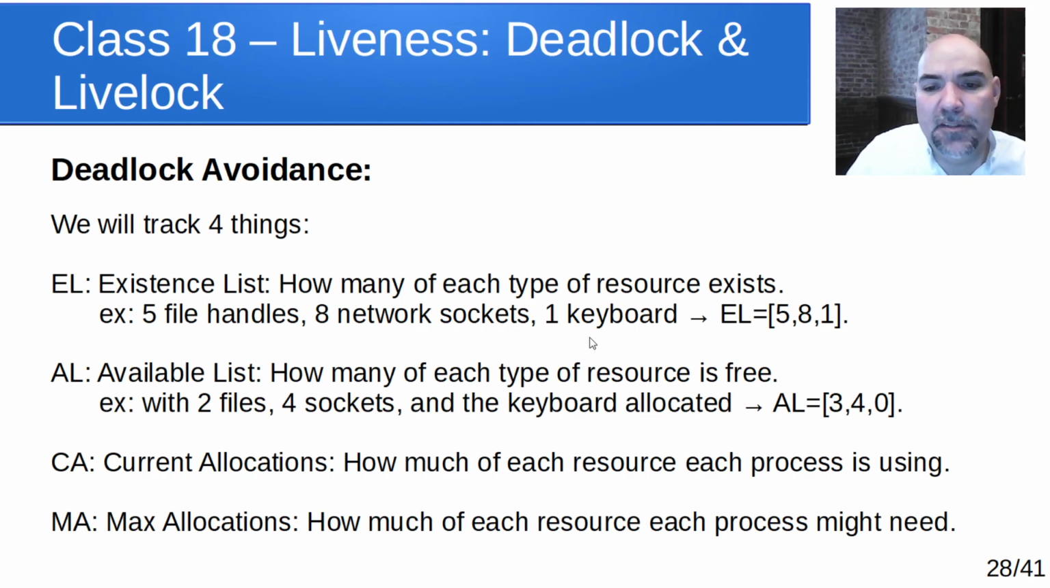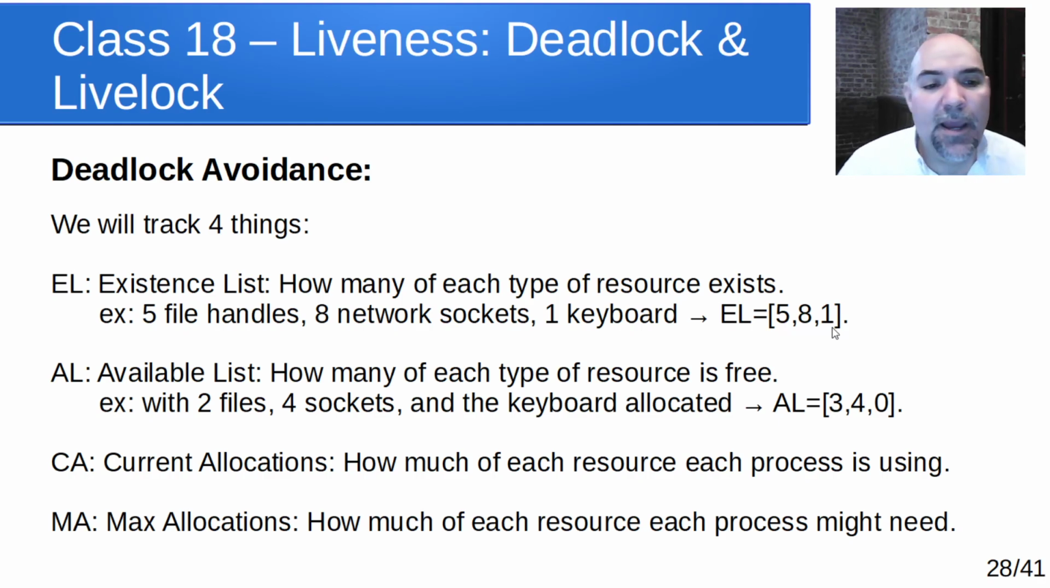So here, the existence list, we're going to shorten that to EL. You don't necessarily think of this as file handles and network sockets and keyboard. Just think of it as resource of type 1. There's 5 of those in existence. Resources of type 2, there's 8. Resources of type 3, there's only 1. So you might have a resource existence list that's 1, 1, 1, or 2, 1, 1, or something like that. This is just a list where the resource type is the index,